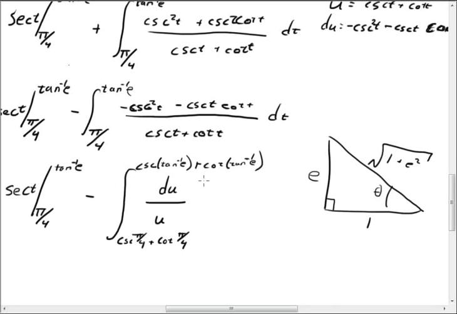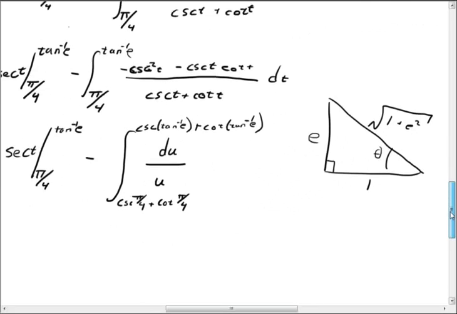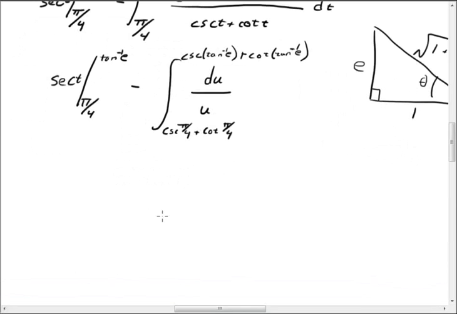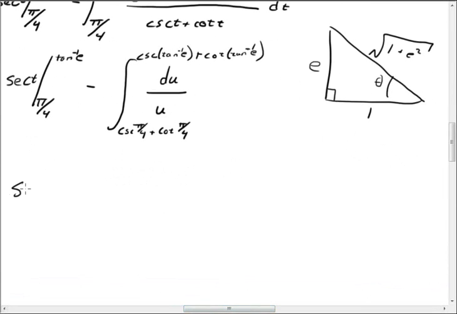Okay, so cosecant of tan inverse of e is the hypotenuse over the opposite. I've got to extend my canvas again, hang on. Here we go. So we have secant of tan inverse of e minus secant of pi over 4